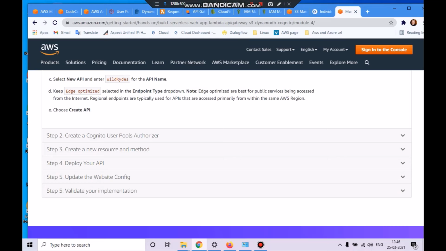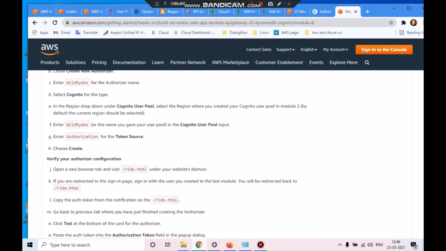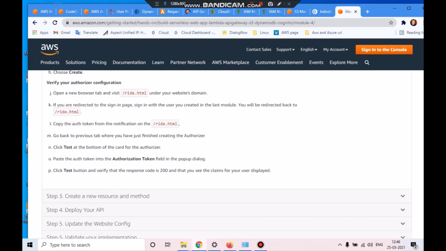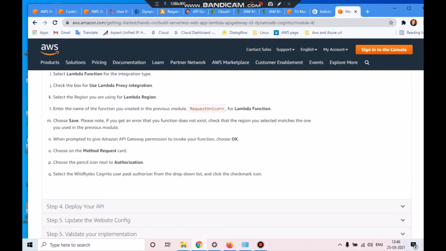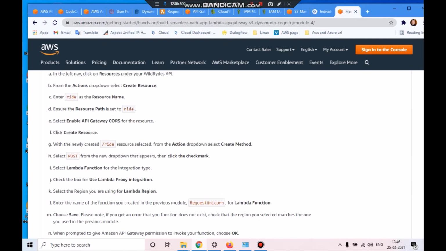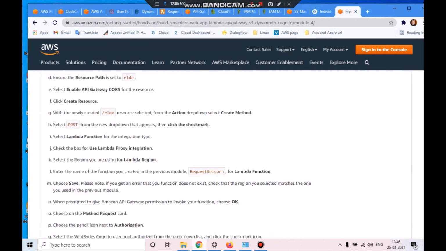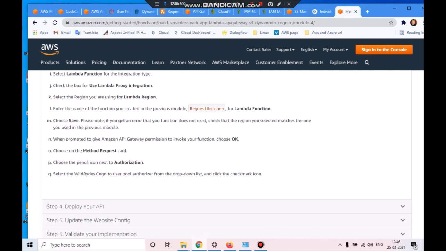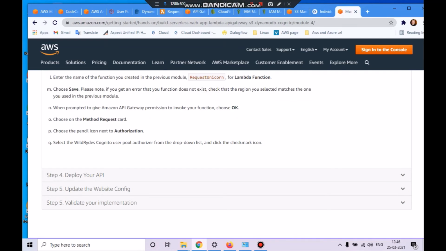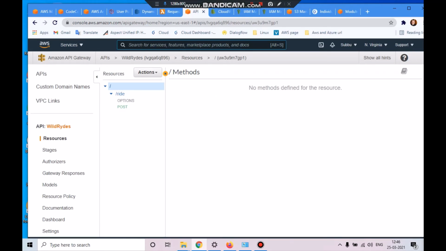Once you create an API Gateway, create the Cognito user pool authorizer. We have to do the authentication part, following the same thing. Create a new resource and the method. From the resource and all the information, we just simply follow the steps. After that, if you see here, yes, it's loaded.